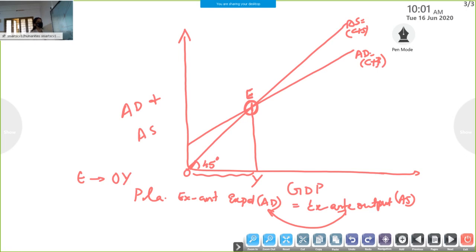National income or GDP or output or employment, or we can consider this is the short run equilibrium level only. You just give an introduction, then if they ask for diagrammatic expression, we can give like this.